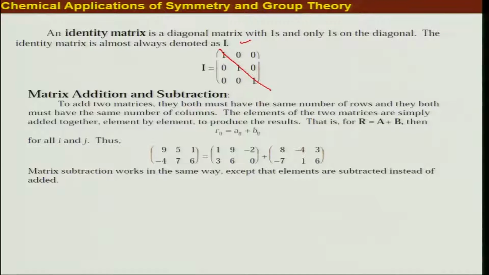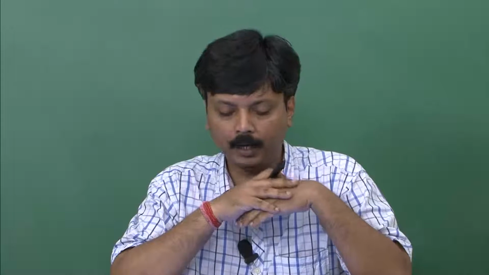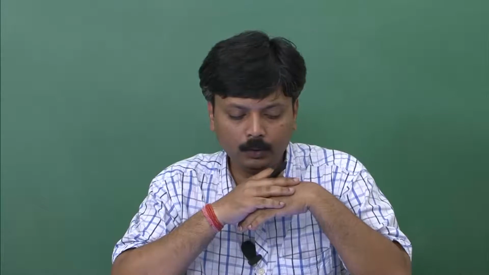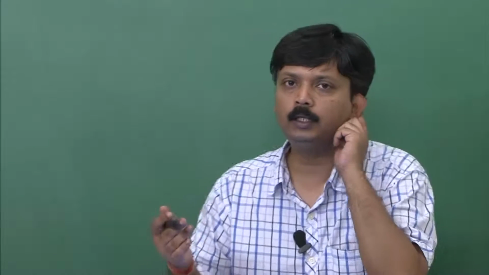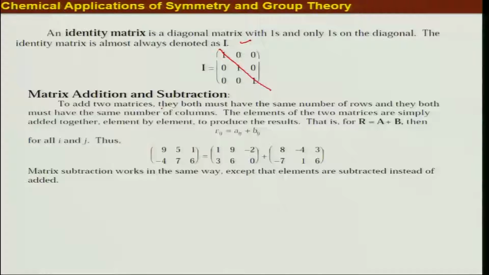Okay, so now if you have two matrices and you want to do subtraction or addition with those two matrices, how do you do that? So to add two matrices, you cannot do it with any two matrices. Okay, so they both must have the same number of rows and they both must have the same number of columns. So if I have say a 2 by 3 matrix and then I have a 4 by 4 matrix, then I cannot do any kind of subtraction or addition using these two matrices. Okay, the reason will be